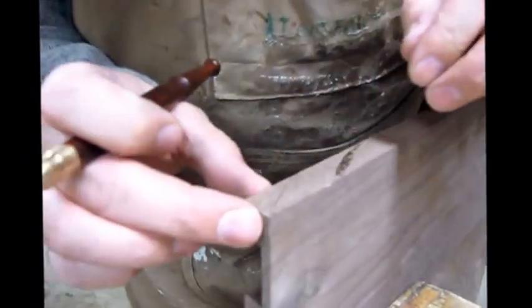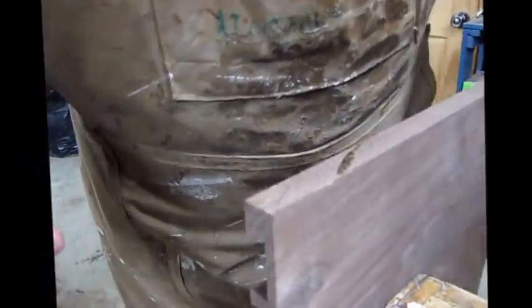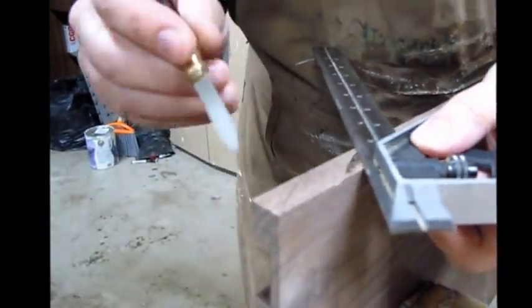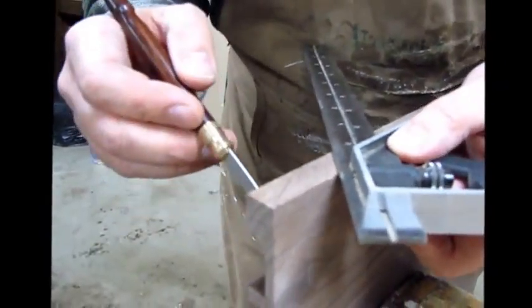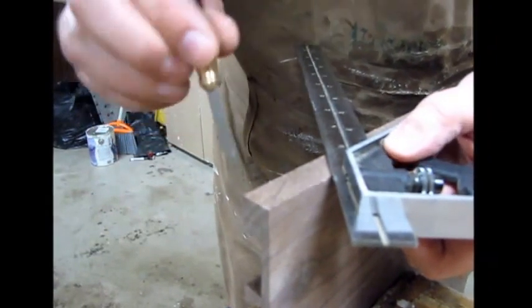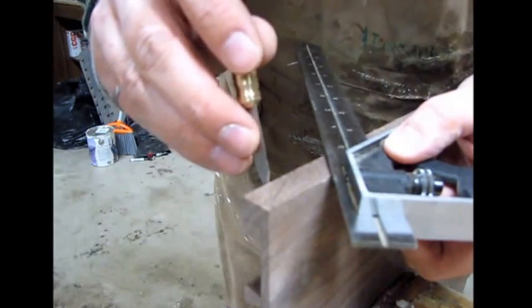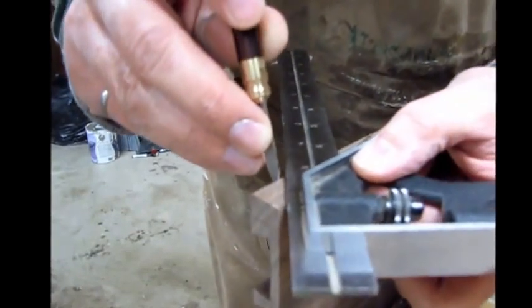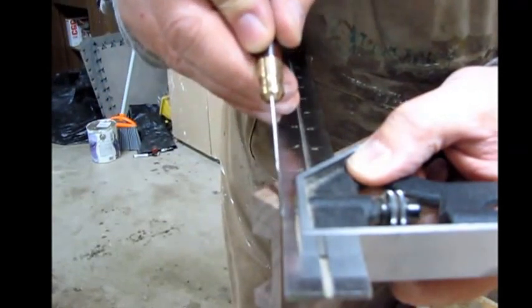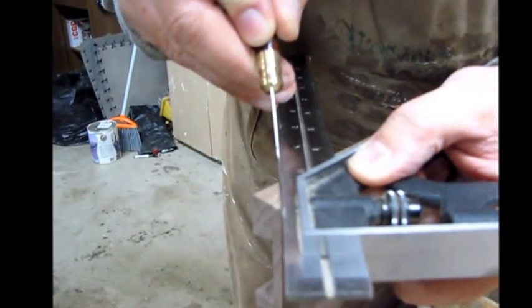Okay, so now I'm going to show you how to do the miter. I'm going to take my combo square here, and where my baseline extends up, I have a baseline here from when I cut the dovetail. It extends right to this corner. I'm going to put the blade of my marking knife right in that curve, and then I'm going to bring the combo square right to it, and then I'll scribe the line across here into this little pin I left behind. So that I'll be able to take out,